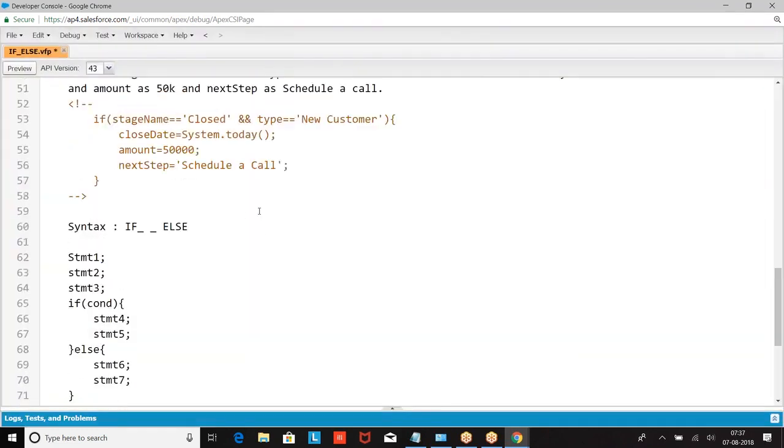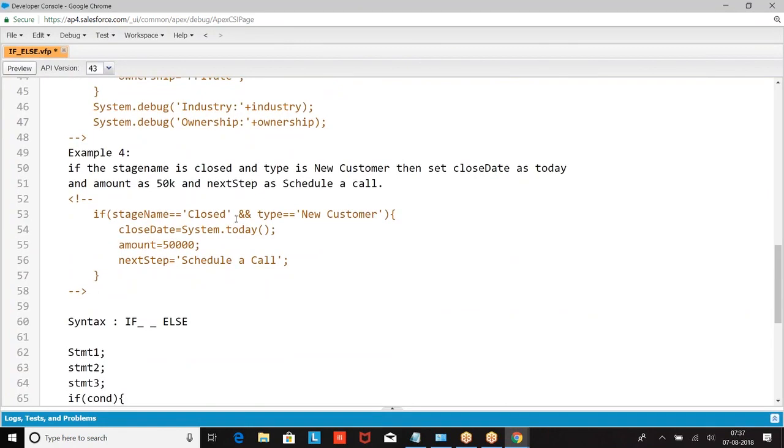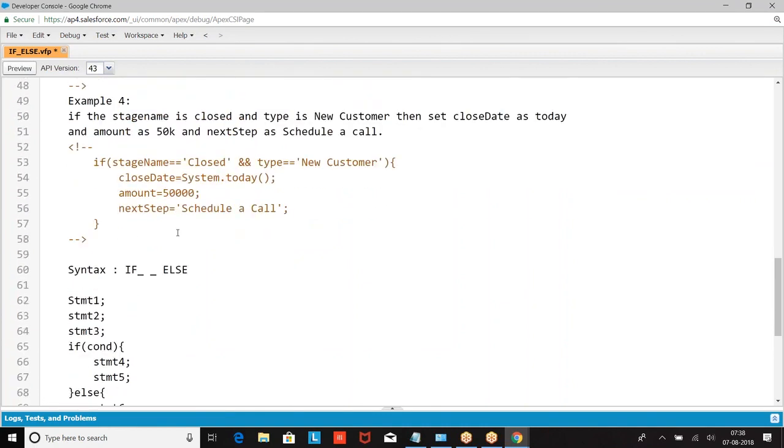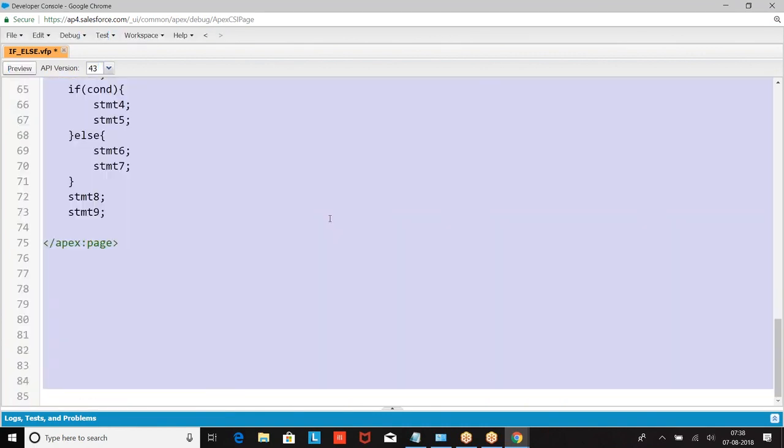Again I repeat, this is not the complete code. Where did I define the variables? How can you assume that I defined the variables within the if? I have defined the variables in the class above. I might have defined the variables in the method. It is a snippet, not a program, showing how to write a logic, assuming that the variables are already defined on the top. Okay, boss? I hope I'm clear with that.